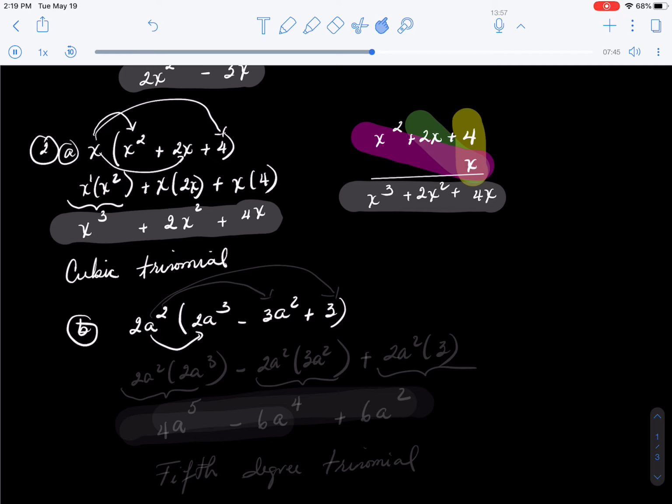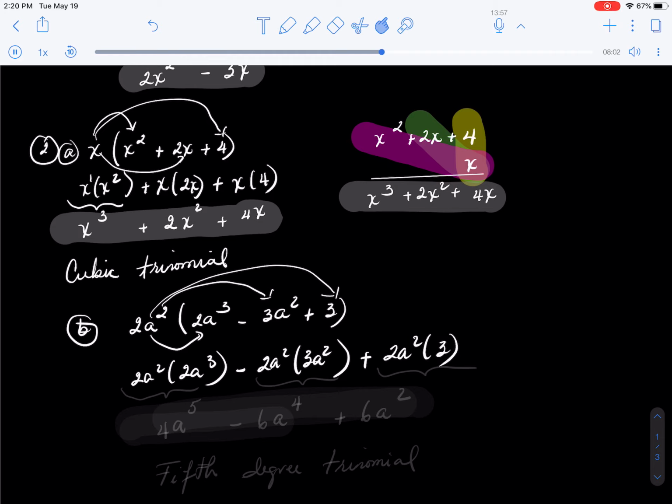Okay, so I should have 2a squared times 2a to the third, minus 2a squared times 3a squared, plus 2a squared times 3. Okay, now I am going to multiply them together. I should have 4a to the fifth minus 6a to the fourth plus